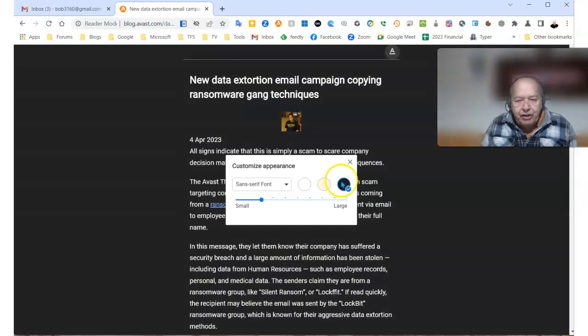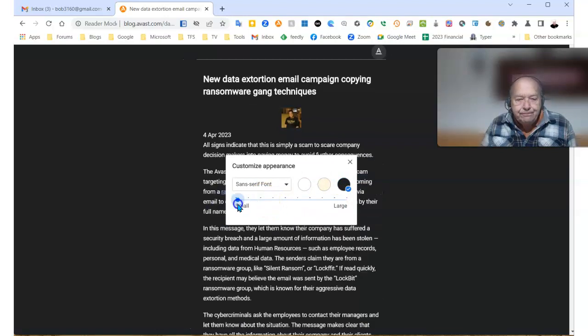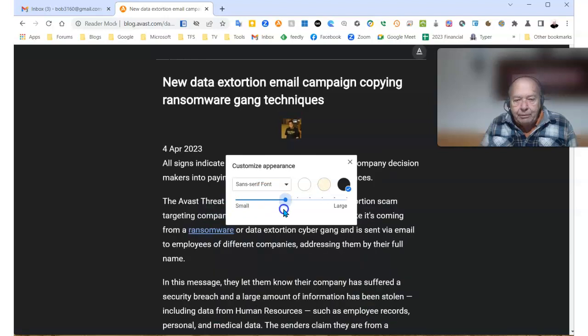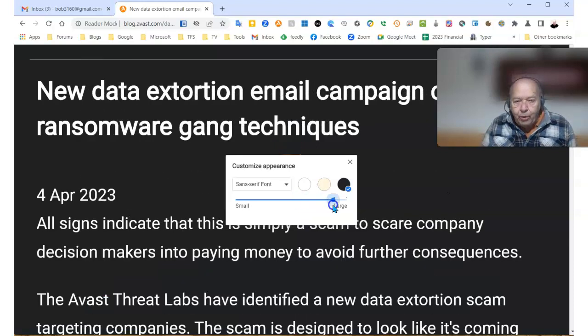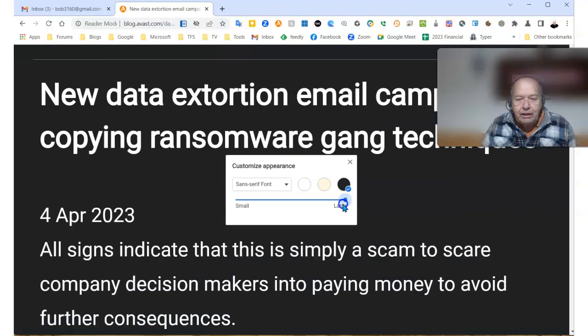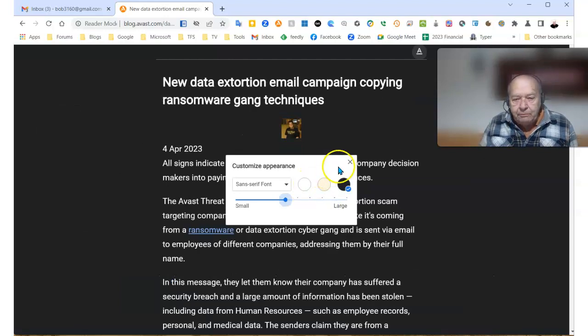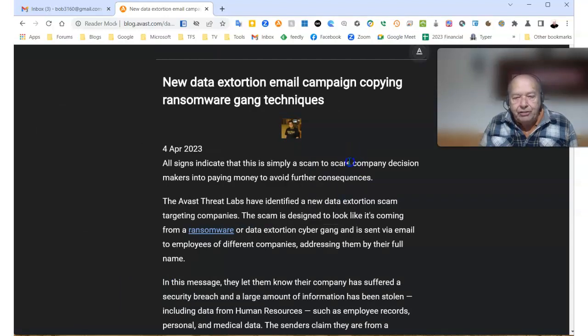You've got another adjustment that you can use, and that's going from small all the way up to large. Make things easier on your eyes. And you can see that you can really go to very large. Once you've got it set the way you want it, close this little box and enjoy the reader mode in